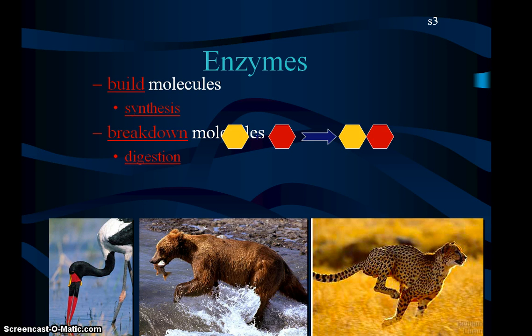So, for example, when you eat food, you have little enzymes inside of you that help to break it down and speed up the process of breaking it down. So it's showing here two molecules put together, enzymes act upon them and break them apart. So for example, if you were to eat a hamburger at lunch and you didn't have enzymes, that hamburger could stay in your stomach for months without enzymes. With enzymes, you can digest it in a day.